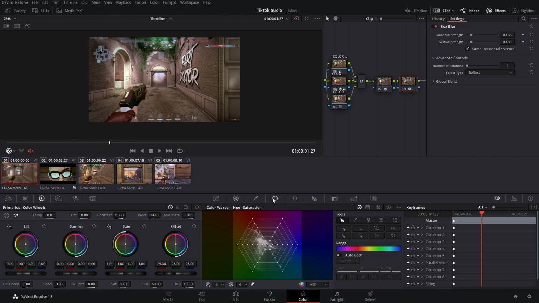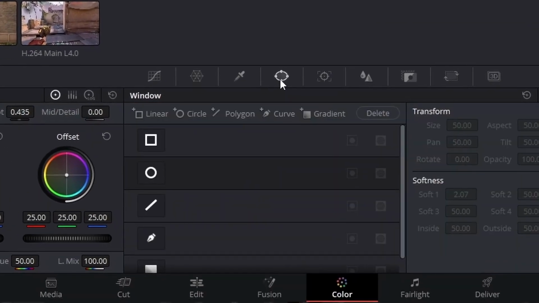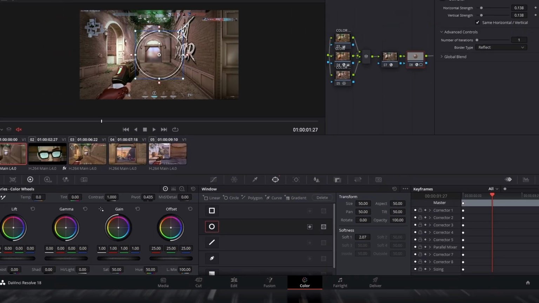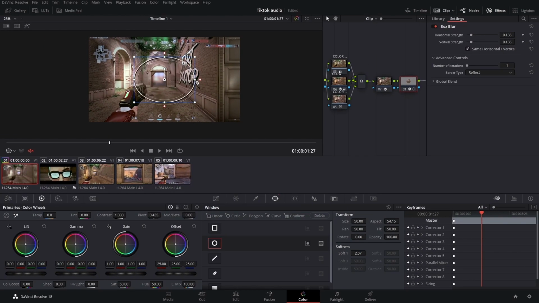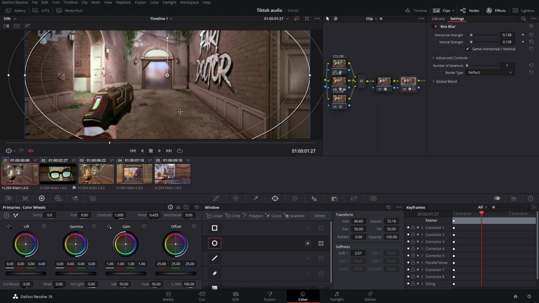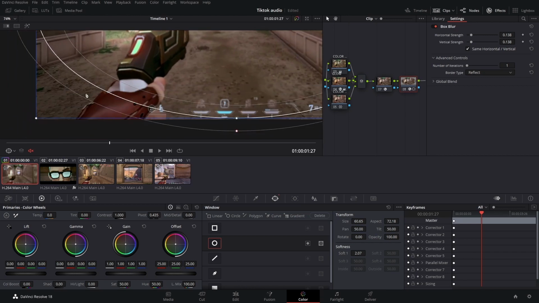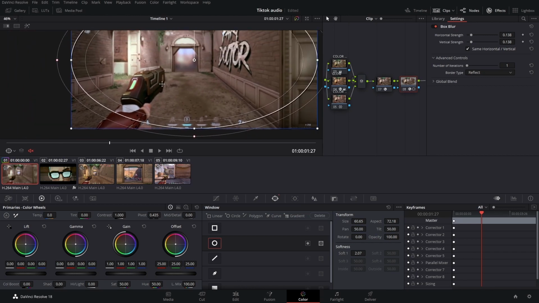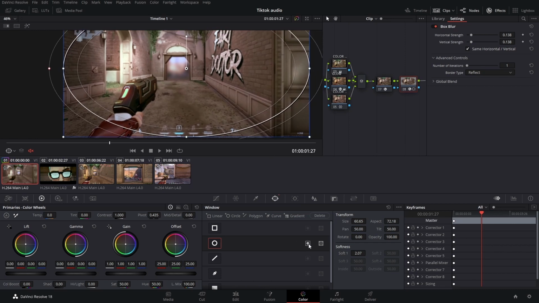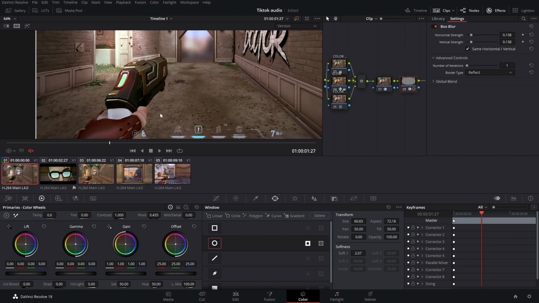And the next thing we're gonna do is find this window right here. This is where you can add different shapes for masking. And we're just gonna use a simple ellipse node. And we're gonna bring this out till the edges touch the edge of our video, like so. Now, if you have a keen eye and YouTube didn't kill the quality of this, you'll notice our blur is on the inside and not the outside right here. And that's a simple fix. All you have to do is check this box right here. Boom. Now it's flip-flopped